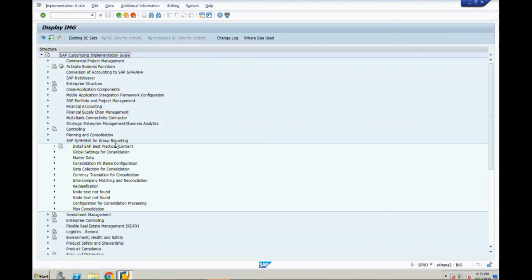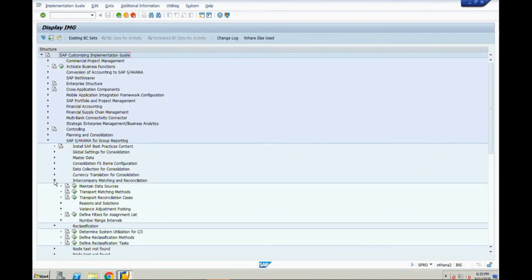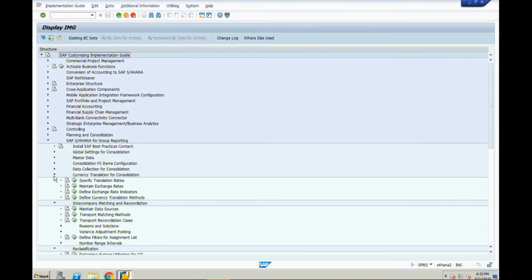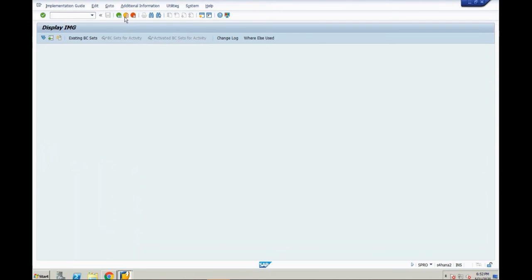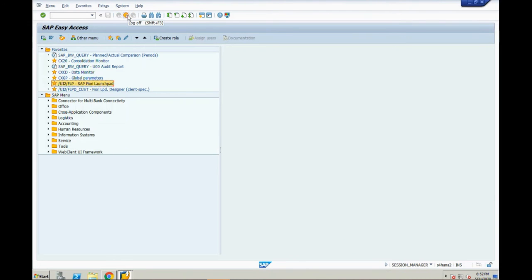SAP S/4HANA for Group Reporting: your reclassifications, your intercompany matching and reconciliations, currency translations, all the configurations are in SPRO, in a particular node called SAP S/4HANA Group Reporting. And all end user tasks or business user tasks, that we may be local accountant, he may be group accountant, he is going to execute all his tasks from the Fiori Launchpad.